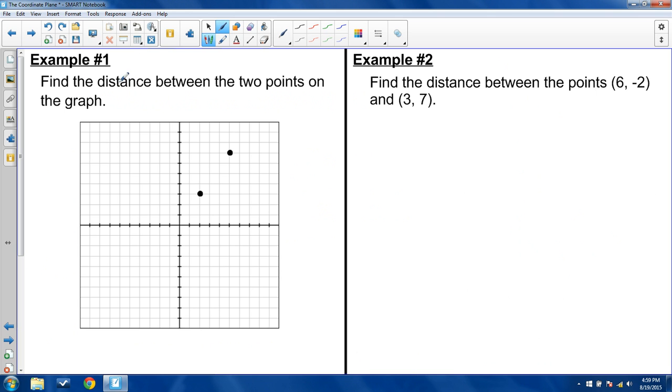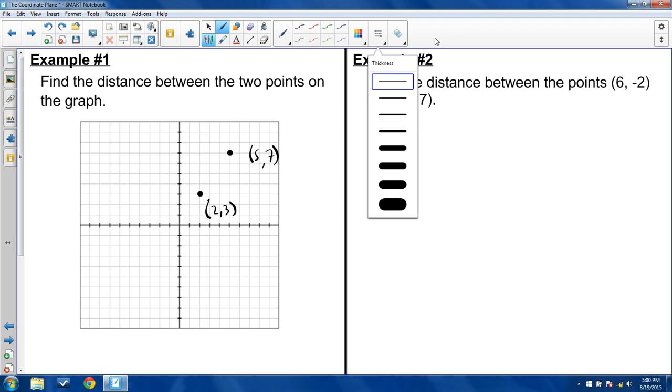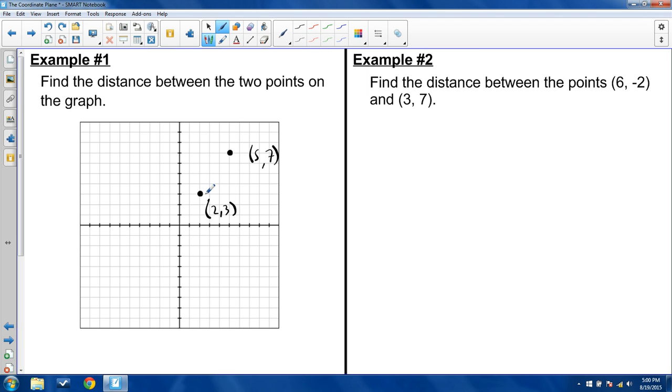So let's do some examples. Let's say that here we want to find the distance between the 2 points on the graph. Well, assuming that these are marked off as 1 each time, this point happens to be 2, 3, and this point happens to be 5, 7, it looks like. Okay. Now, one way you could do this is use the actual distance formula and do the subtractions and such, but I have a very visual idea of what's going on here, and I think it's going to be a little bit easier